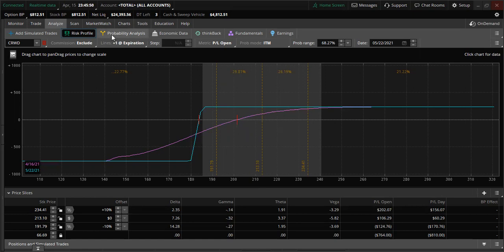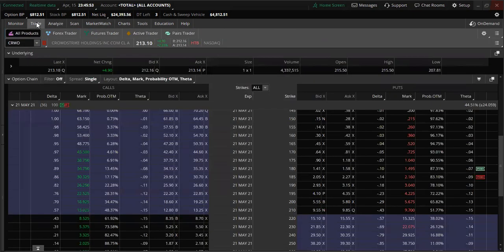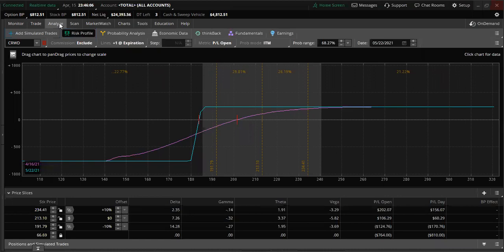And if we go back to the option table, you see that I have at least an 83% chance of the stock not getting to this strike. So not only do I have a great probability of the stock being over top of the strike that I sold, but I have this whole shaded area where I have the greatest probability of the stock expiring in this